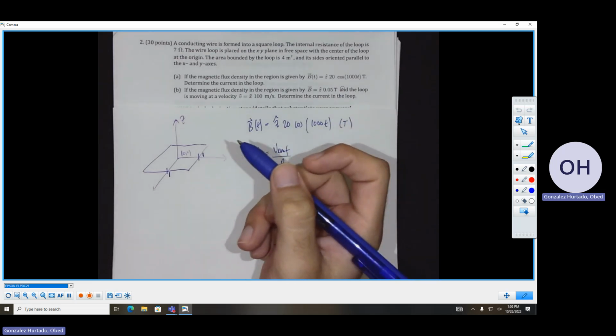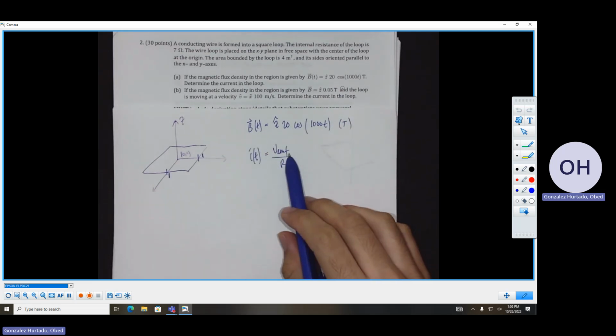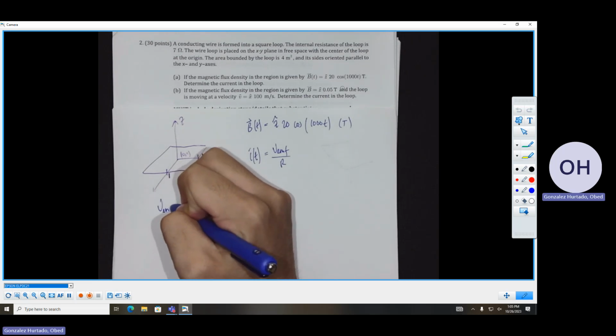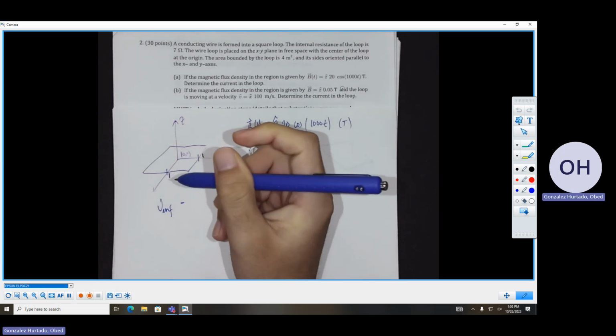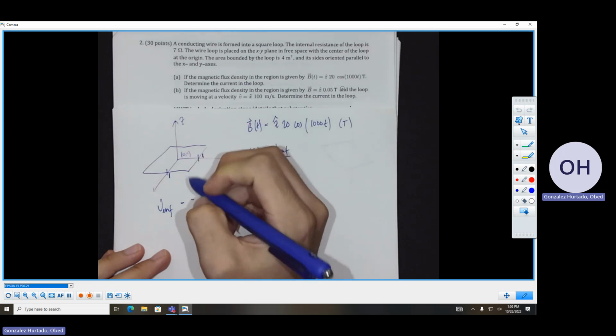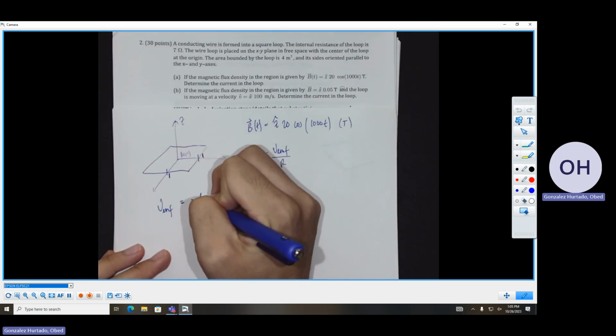Now, our only unknown is VMF. The equation for VMF, that's